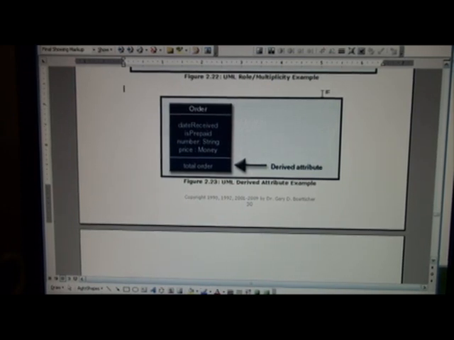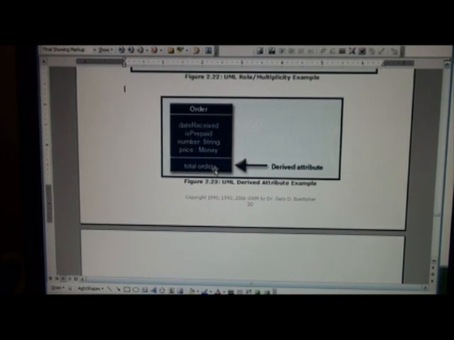Okay, the next UML diagram shows the idea of a derived attribute. In this case, if we were doing order, we might have the total order, which is based on all the instances within a particular order. So there the derived attribute occurs as a method within the class object. Now, scrolling down,